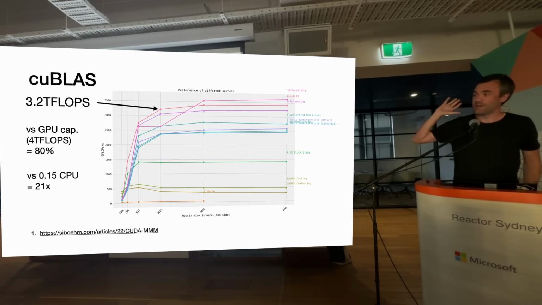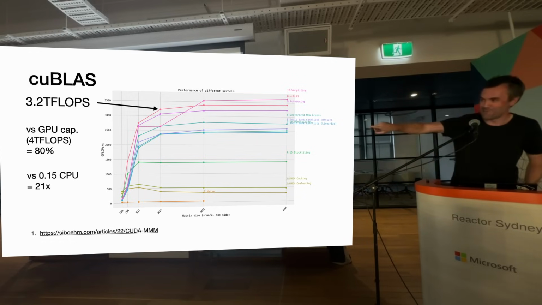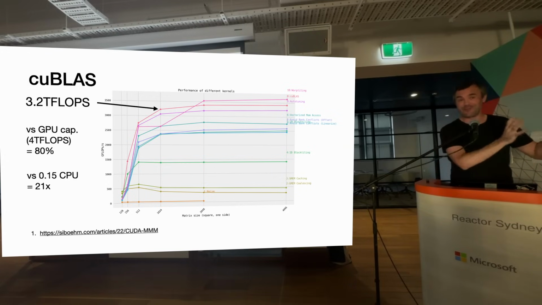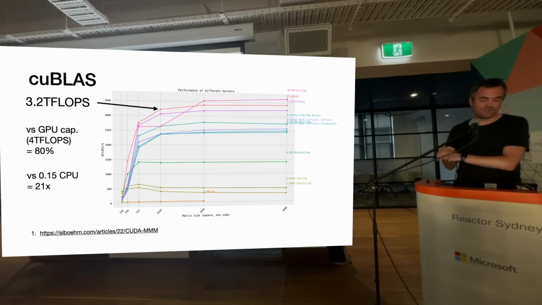So for this post, I ran this benchmark on that little box. There's a repo at the bottom. This guy has an excellent blog. If you're interested in any of this stuff, there's that link that we can send to you. He goes through the process of trying to match NVIDIA, and it took him like 9 months. He goes from the most basic one that you can see at the bottom, the naive one, all the way through as he experiments with these different things. Those blogs that come out occasionally and you're like, wow, this is top quality. This is it, if you're interested in this problem. Anyway, so let's say we can get 80% or 3.2 teraflops out of this box, if we're good.